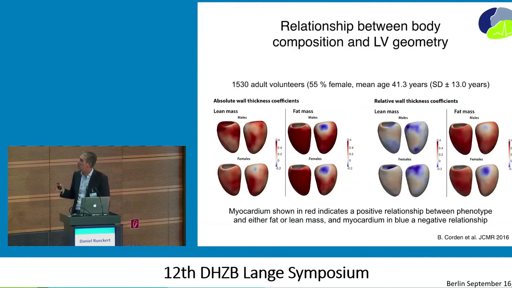Here's another example where we have done this in a slightly enlarged cohort where we're looking, for example, for a relationship between LV geometry and body composition, in particular lean mass and fat mass. And again, you see you can now produce these vertex-wise correlation maps, and you can also do statistical testing on the significance of these,